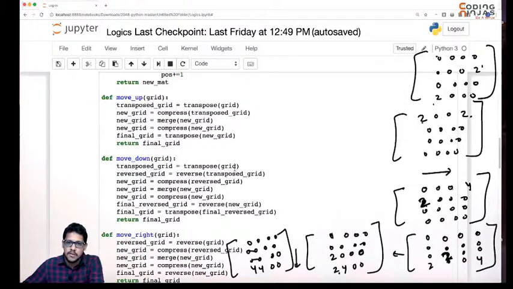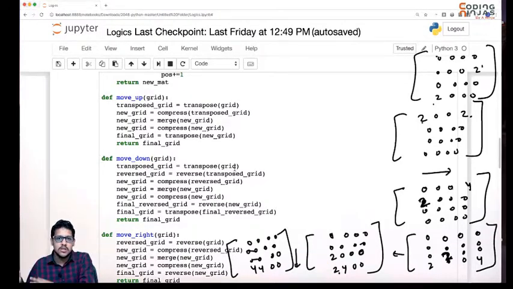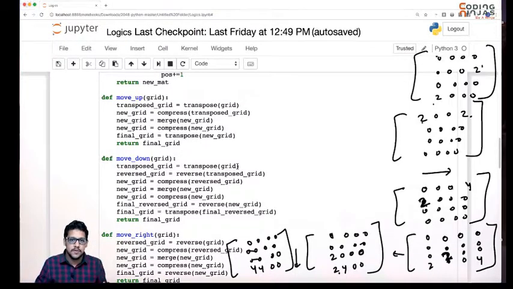All of these are moving perfectly fine. In the next session, we are going to start with the UI part. How can we integrate these logics with the UI so that our complete 2048 game is ready? Okay, so logics are working absolutely fine. Make sure you are clear with the logics and then go on to the next session.